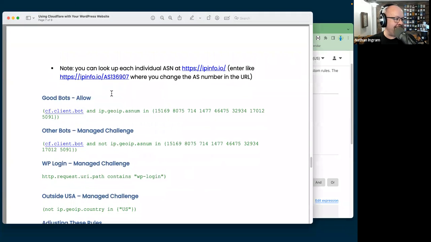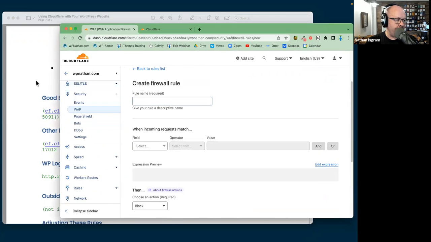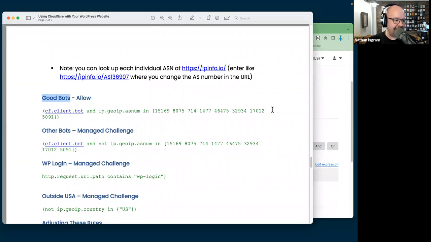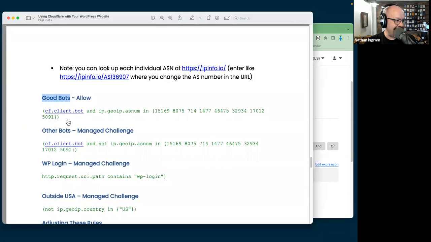So the way I've got these set up, this is the name I'm calling the rule, this is the action the rule is going to accomplish, and this is the content of the rule itself. Okay. So we're going to create a new rule. We're going to call this good bots. These are bots that we want to pass through Cloudflare to our site with no problems, like Google and Bing and things like that. So these are good bots, and we're going to copy this expression,